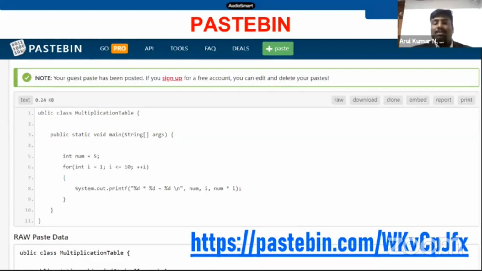For example, at 2 o'clock, if I have a network class, I can create a Python code. I can simply paste the code here. As you can see, I have simple coding that I created using Java. So it has created a temporary URL for my code. Like this, when I'm going to create 10 or 20 coding programs, this is a website